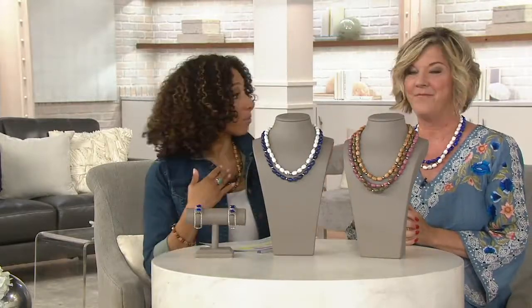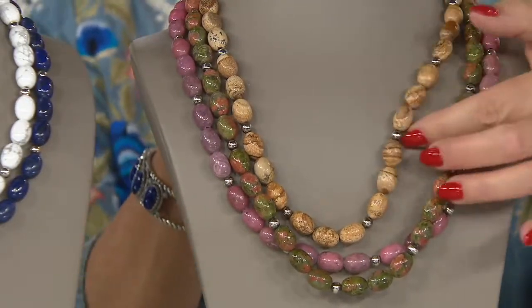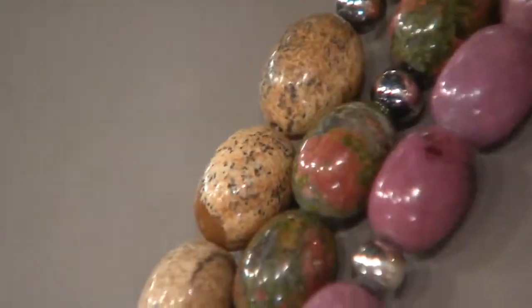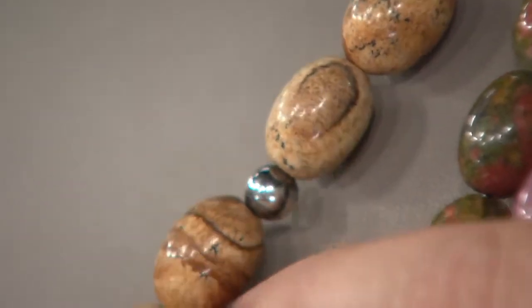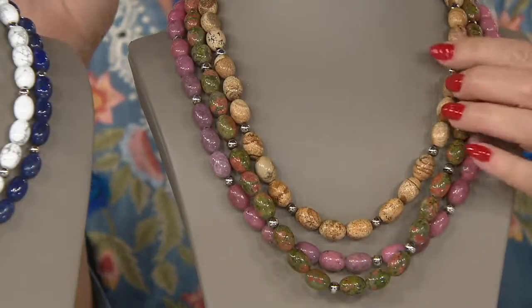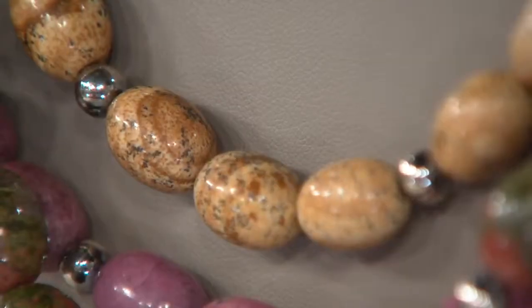Yes. Now here we get into our earth tones, which is what I went for. So up first we have it for you in picture jasper. Wow, look at picture jasper. And now that we're here, let's just talk about the importance of gemstone beads. Mother Nature's fingerprint is on every single one of these beads. So it's one of a kind. We haven't cooked these up, we haven't ground anything up, we haven't formed anything. You're going to see every single choice has personality. In this case, it reminds me of the landscape, the desert Southwest. This one, should I talk about the